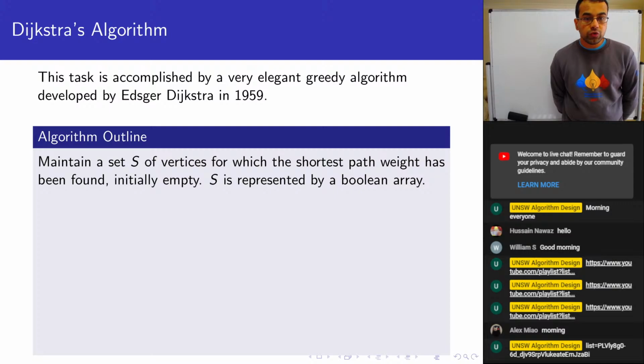Initially, this is no vertices, and then we'll progressively add one vertex to this at a time. In terms of how we represent this set, simply a Boolean array. So initially, every entry of the array is false, and as we add vertices to the set, we change one entry of that array to true at a